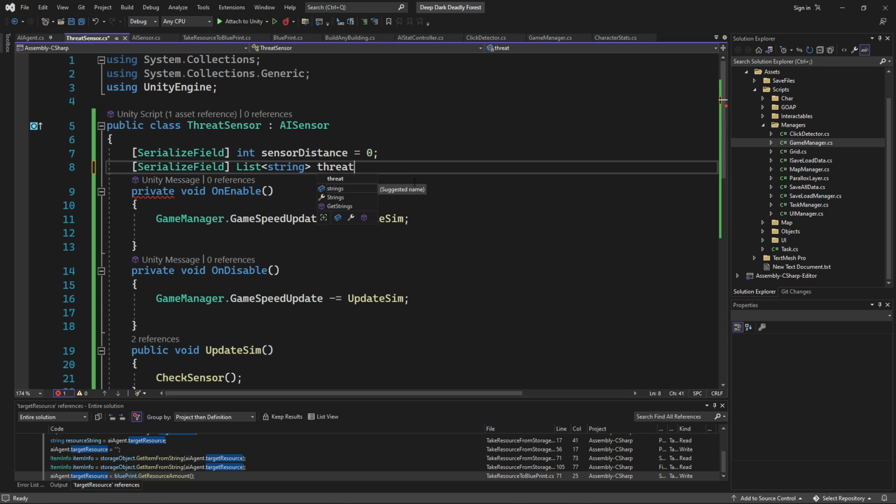So that these are the threat strings is equal to new list. And so we could set this for the goblin. It needs to be more of a type though and not